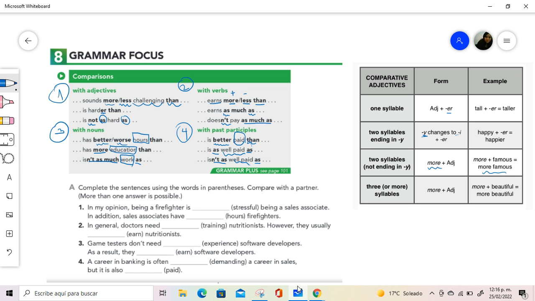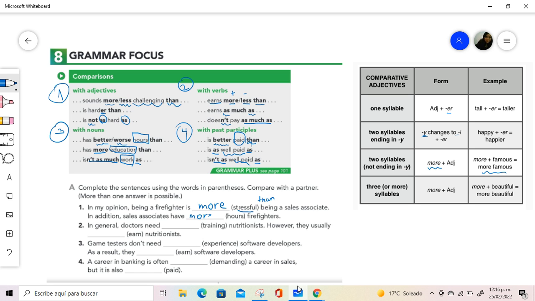We have over here these exercises, and more than one answer is possible. The point is that we are comparing. In my opinion, being a firefighter is more stressful than being a sales associate. I am using the adjective stressful. In addition, sales associates have